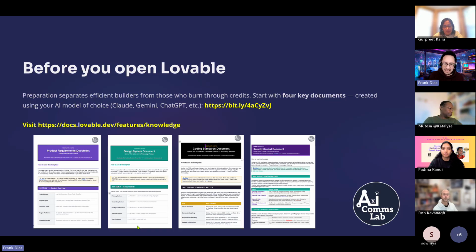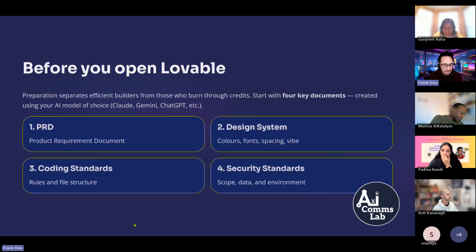But this is a quick snapshot of those 4 documents that I'm going to cover. Right, so before you open Lovable, I mentioned these 4 documents. These 4 documents are the product requirement document, known as a PRD. Most people in this vibe coding platform and app world normally create this, and it basically tells you what this thing is that you're building, but it lays it down in a nice structured format.